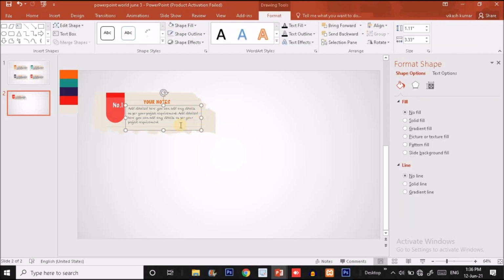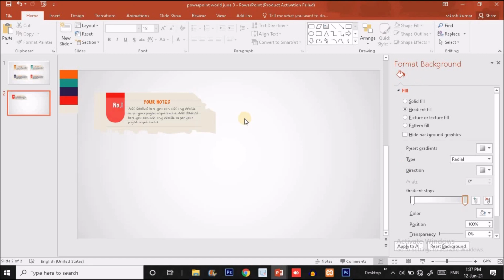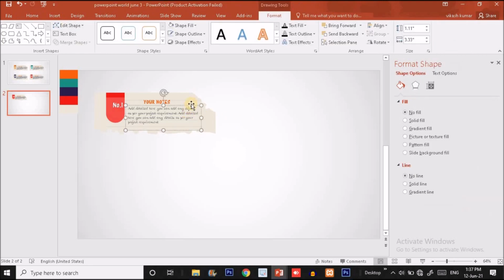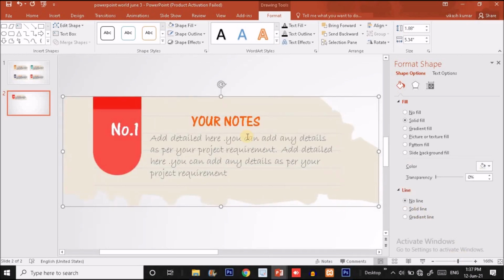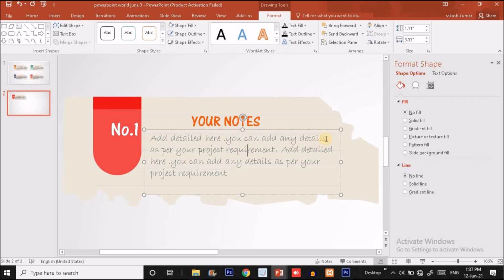But one thing you have to keep in your mind, that the lines should be proper.